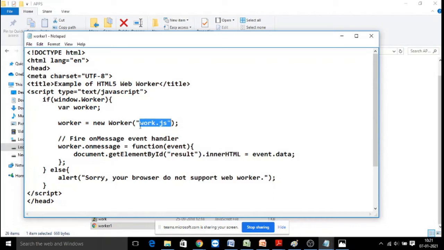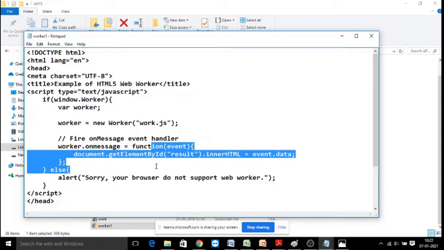As soon as it completes, an onmessage event is triggered, meaning when the worker is completed it will return a message. That message is going to be rendered onto the browser. So any background computation which is consuming some time, you can assign to this web worker, which is another feature added into HTML5.